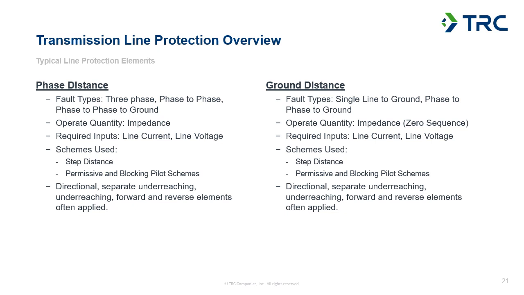As the last thing for today, I just wanted to do an overview of the types of elements that we'll typically use for transmission line protection. The first concept is distance protection. Distance protection is inherently an impedance-based scheme. You're using both voltages and currents to calculate an apparent impedance seen by the relay, and evaluating that to say,